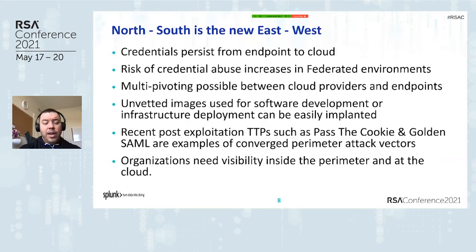And then re-emphasizing that recent post-exploitation TTPs, such as Pass the Cookie and Golden SAML, are examples of converged perimeter attack vectors. Again, as we are entering a series of environments where a lot of these cloud technologies are part of our converged perimeters, these TTPs will become a standard as well. And what happens is, with these items of risk and items that can lead to